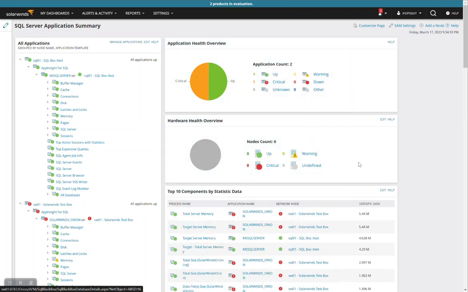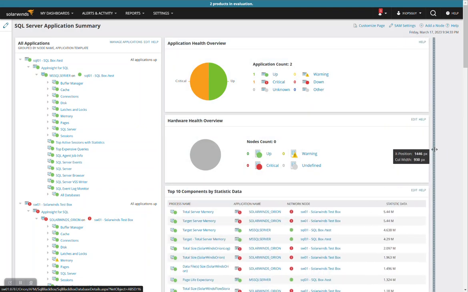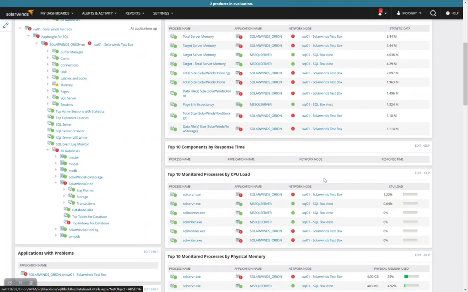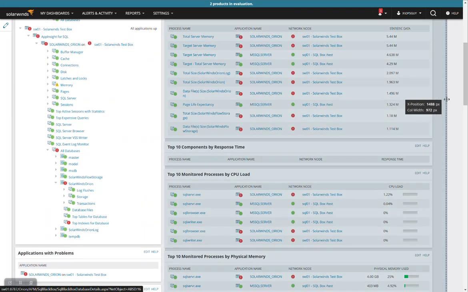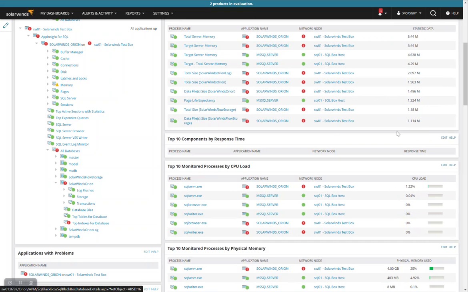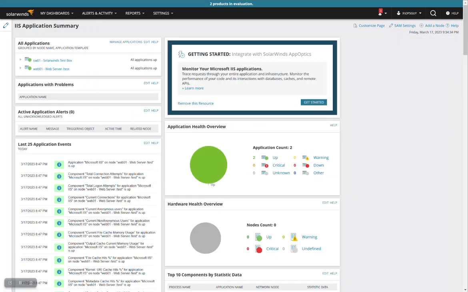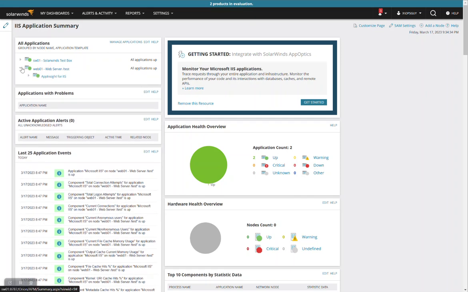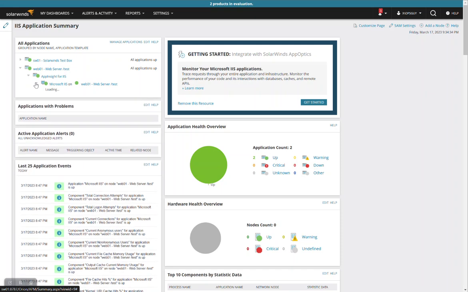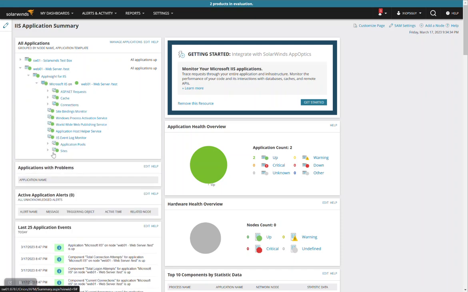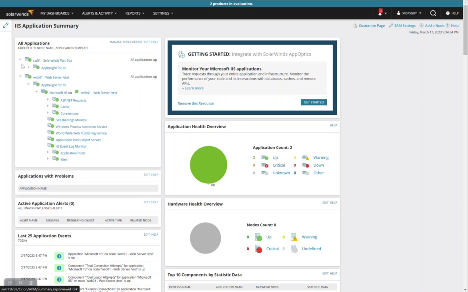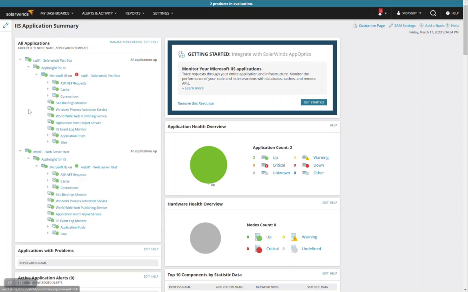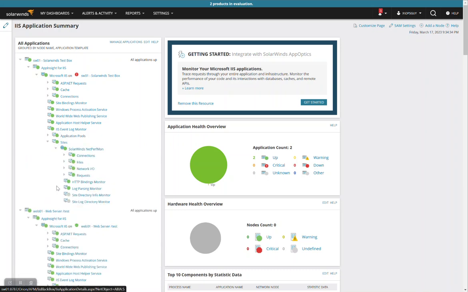We want to show you what SolarWinds can do and what the power of it is. So we're not going to fix those things. We're going to leave those things, but it would be good to show you how to tune them down the road. IIS is the exact same thing, but for IIS, Internet Information Services. So we've got that on Web 01. Again, that box is doing essentially nothing. And then on the SolarWinds box, the SolarWinds website that we are using has IIS installed on it, and we can see all those